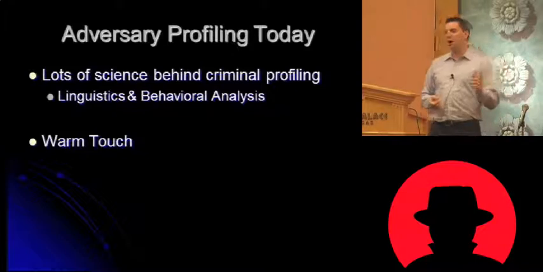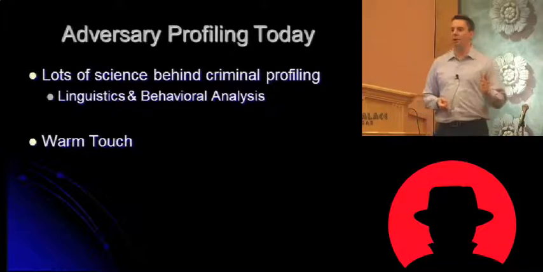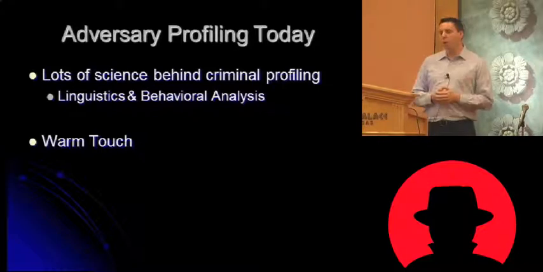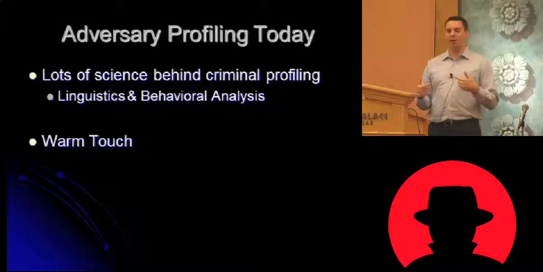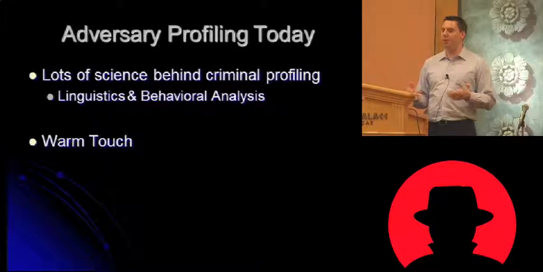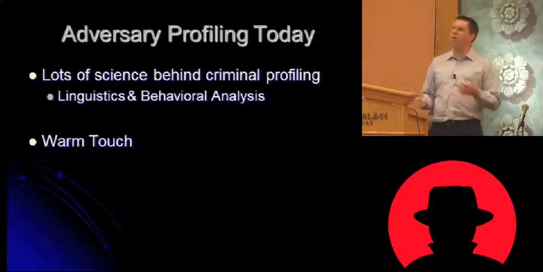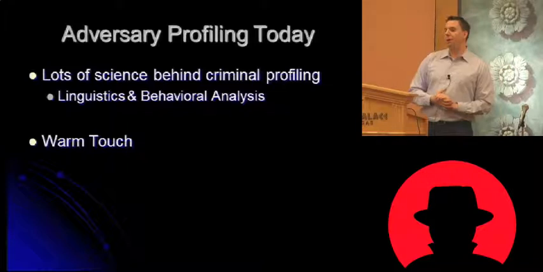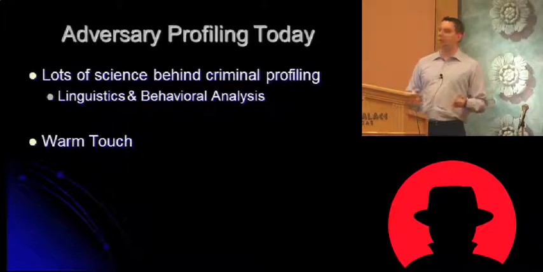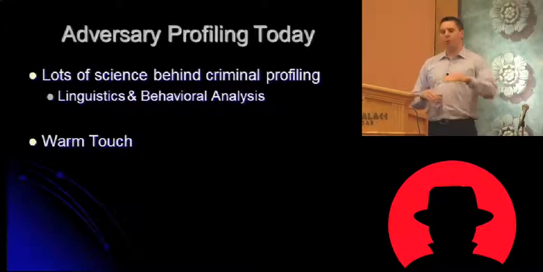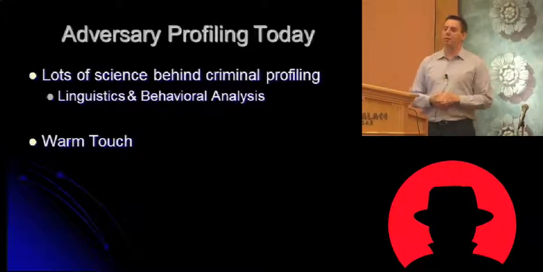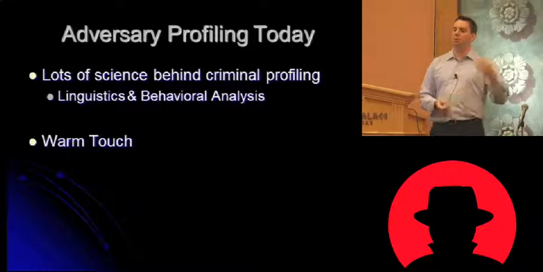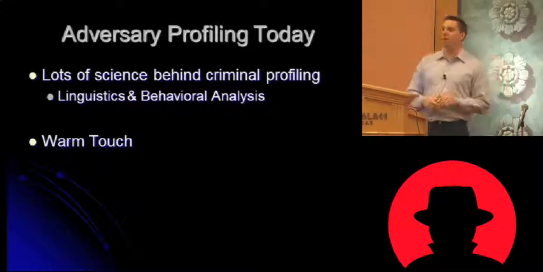A Russian national tried to extort Michael Bloomberg for $20,000, I think it was. And what happened is they were able to email back and forth with this guy, and as most of you probably know, the US doesn't have an extradition agreement with Russia. So they had to find some way to get him to the UK. And the way that they did this was to eventually make him an offer, but they waited to a point where they were able to observe that his anxiety levels were at a certain level, and that he would be more amenable to an offer to fly to London, where perhaps he was aware that he maybe get